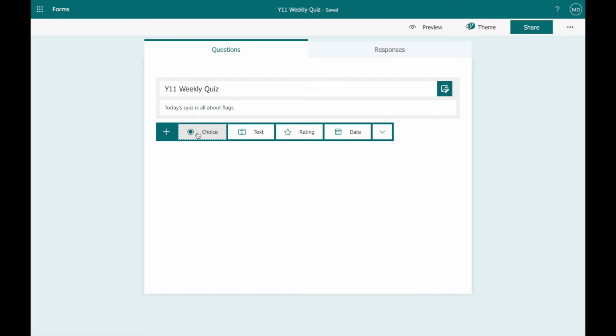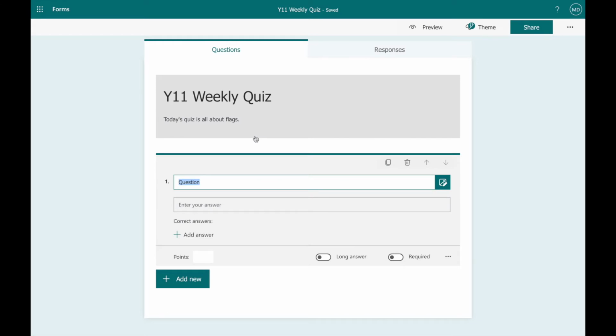Now, there's different things that we can do in terms of actually gathering information from students. I'm not going to have anything like a name box or a tutor group or anything like that, because I'll show you why in a minute or two. I'm just going to put a text entry here. And I'm going to ask my question, which country does this flag belong to? And